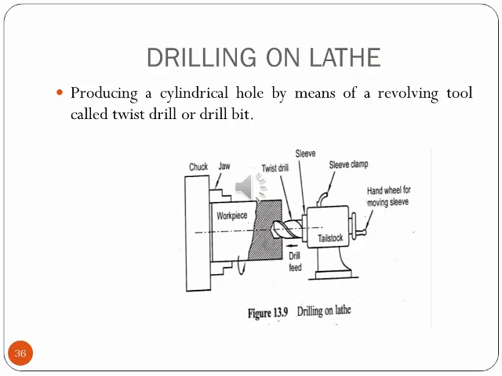So the drill bit is stationary and the workpiece is revolving, and as the workpiece is moved towards the tailstock, we get the desired depth, or the tool can also be moved inside the workpiece in order to get the desired depth of cut. You can see it in the diagram. In the tailstock we have the drill bit which is inserted into the workpiece to get the desired depth of cut.